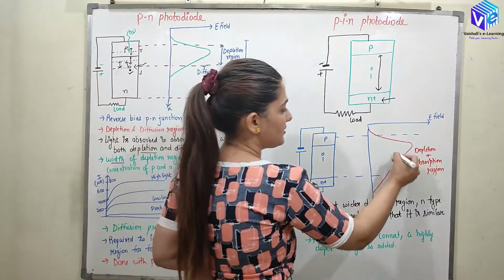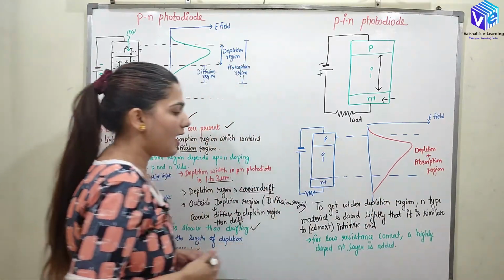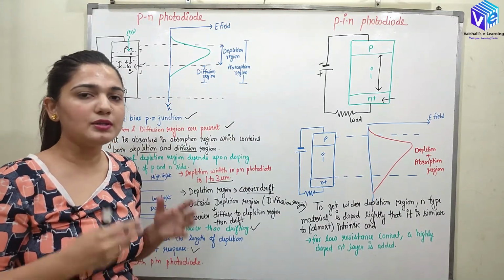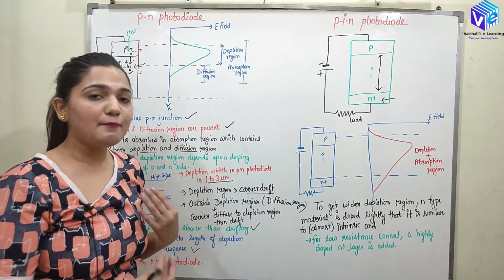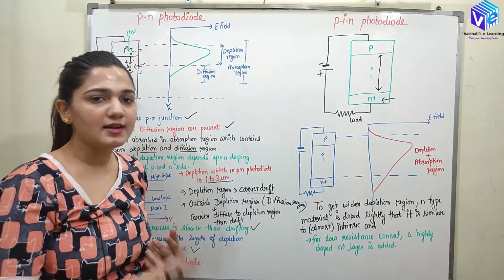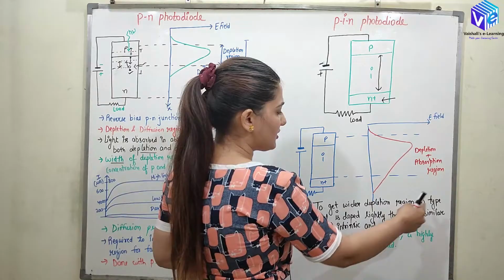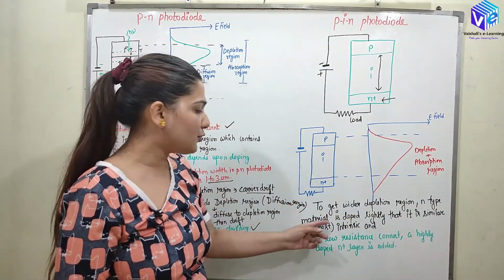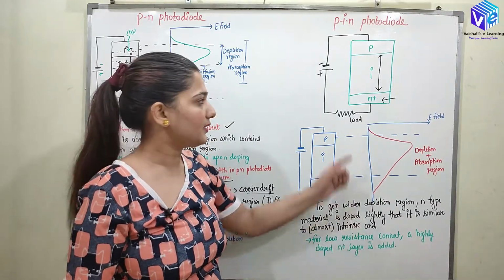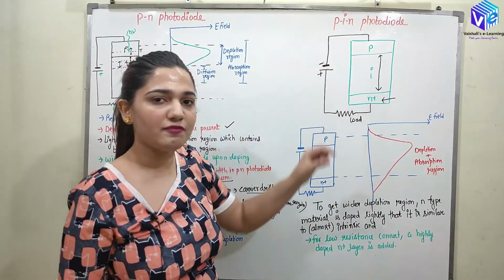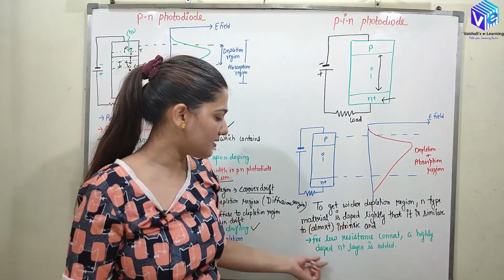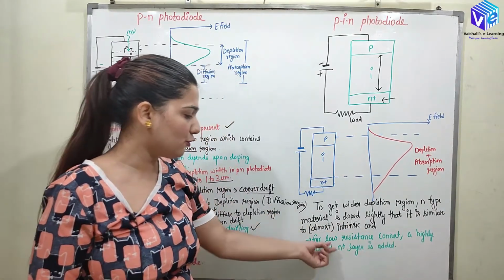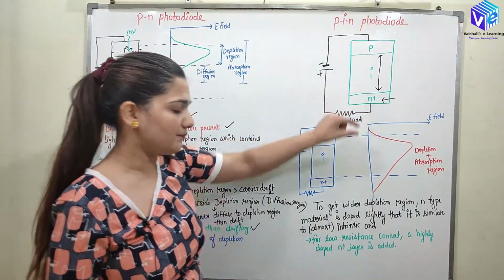Right, so you can see this is the depletion plus absorption region, and when I have more area for the depletion region, then the drift velocity would be present and I am going to get the faster response. That is the thing I want. To get the wider depletion region, we have N-type material which is lightly doped, and this is similar to an intrinsic semiconductor. So this lightly doped N type region is called the intrinsic region, and for low resistance we connect a highly doped N plus layer at the bottom, right?